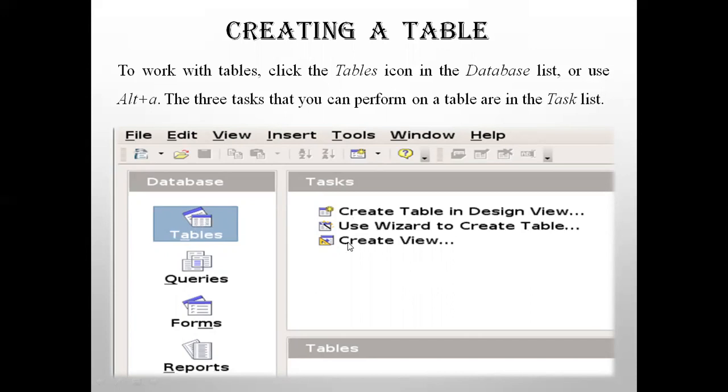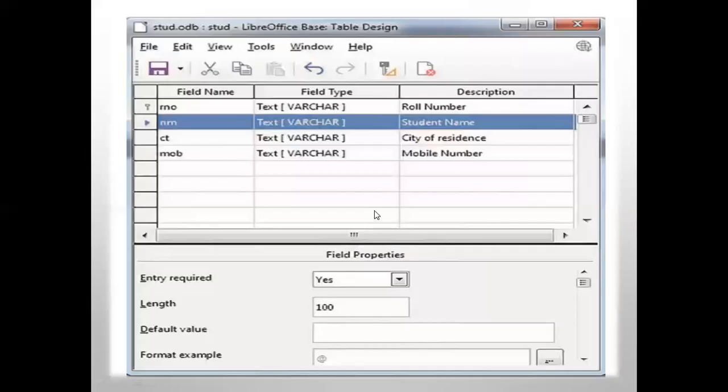And here you have three options. Create table in design view and use wizard to create a table. Both we will be learning. So from the right pane, first we will see how to create a table in the design view. When you click here on this option, you get this screen.